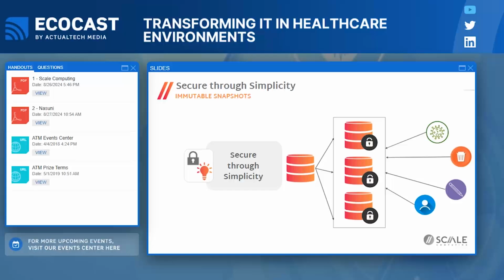Another great option within the HyperCore and Scale Computing platform is part of our data security suite. That is immutable snapshots. Immutable snapshots are a key feature of the data protection suite, offering strong defenses against data loss, including ransomware attacks. Immutable snapshots, once they are created, basically can't be altered. They live below the network layers within our block engine for further protection. They can be cloned for recovery purposes very quickly and very efficiently, but the original snapshot remains unchanged, and this provides a very reliable point of recovery.